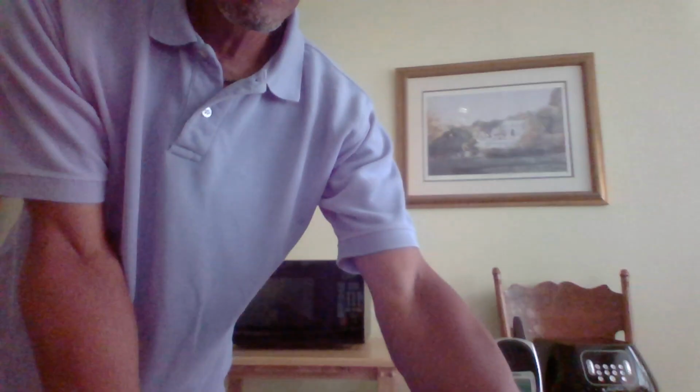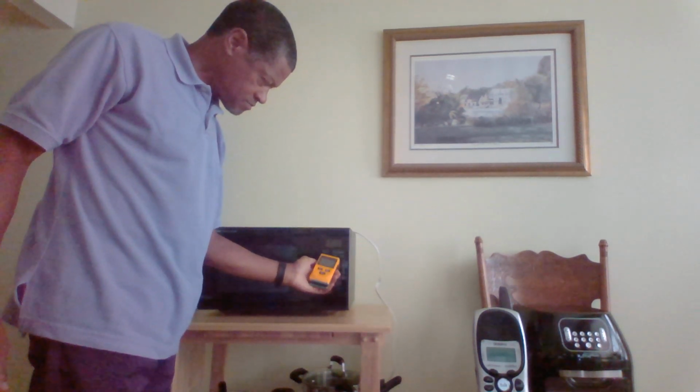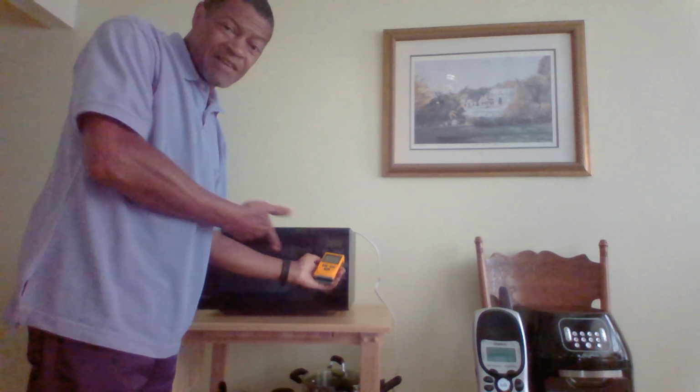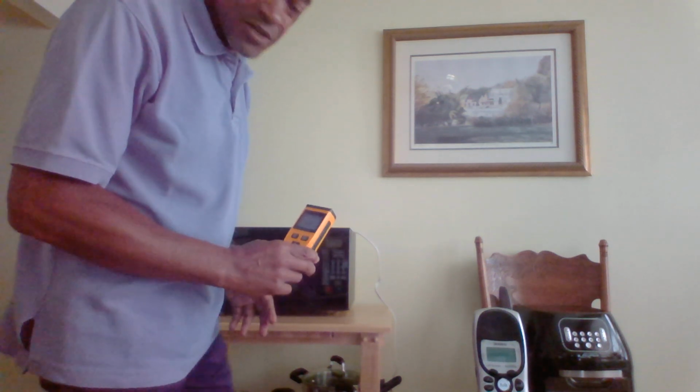So let's look quickly at a microwave, an air fryer and the cordless phone base. This microwave right here, not plugged in. Put this close to it. It's registering about 80 volts per meter and it's not even plugged in. Move away, stops beeping. If I plug this in,